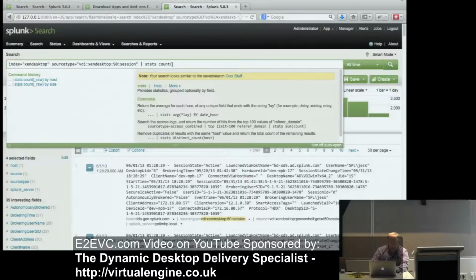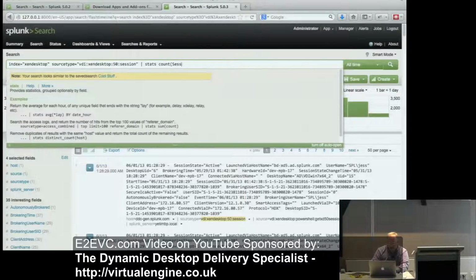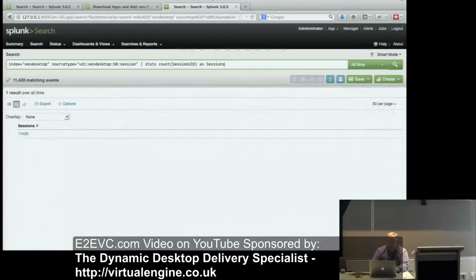So I want to do my sessions. Actually, let's do this instead. Let's do a time chart. This will give my sessions over time.